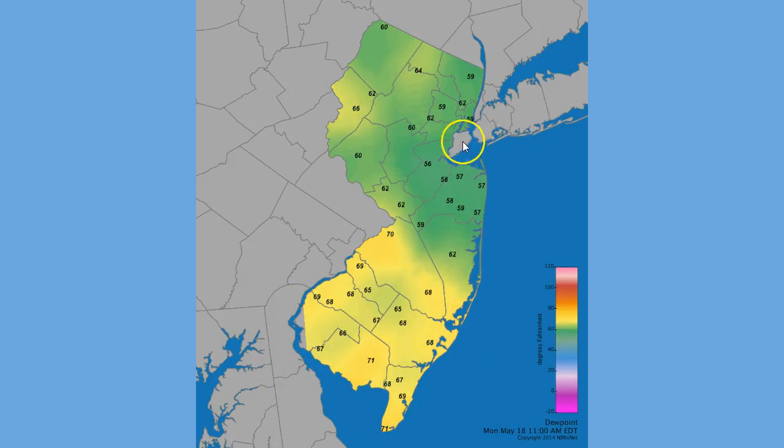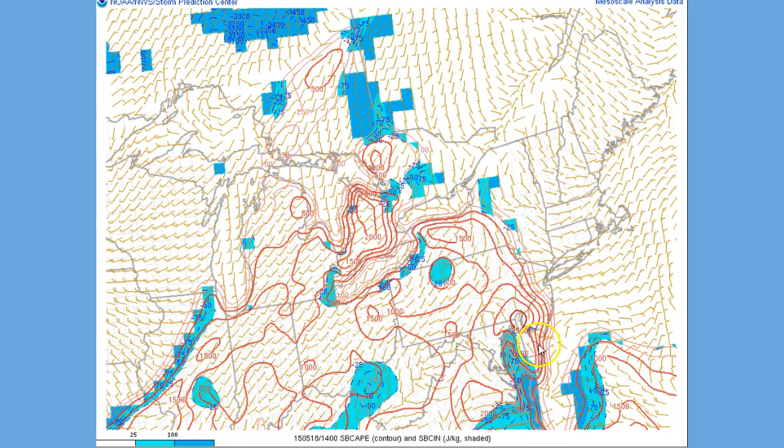The wind off the ocean is allowing the dew points to settle into the upper 50s and lower 60s in the northern half of the state, where dew points to the south of the warm front or stationary front are in the upper 60s to around 70. Surface-based CAPE already increasing to 500 joules per kilogram here across southeastern Pennsylvania and the Delaware River Valley area. And this is where the HRRR model this morning is indicating the initiation or firing of showers and thunderstorms across